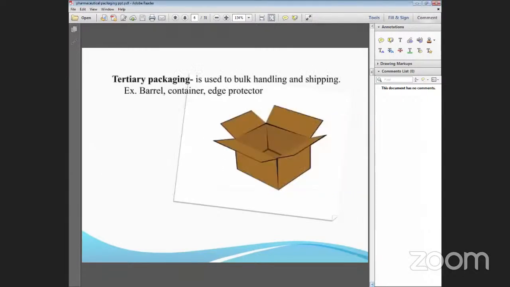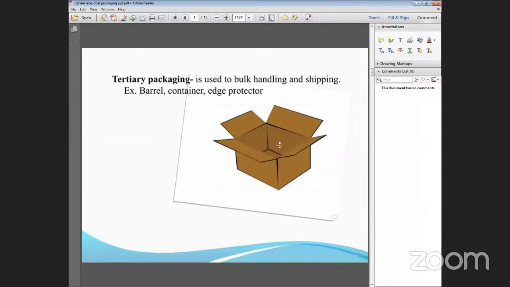Now next is tertiary packaging. You can see and understand from this image only that tertiary means in bulk form. Suppose from a medicine manufacturing company, 50 boxes are going to come out from that manufacturing department. Suppose you think in this box it contains 100 strips, more than 100 boxes of secondary packed containers, more than